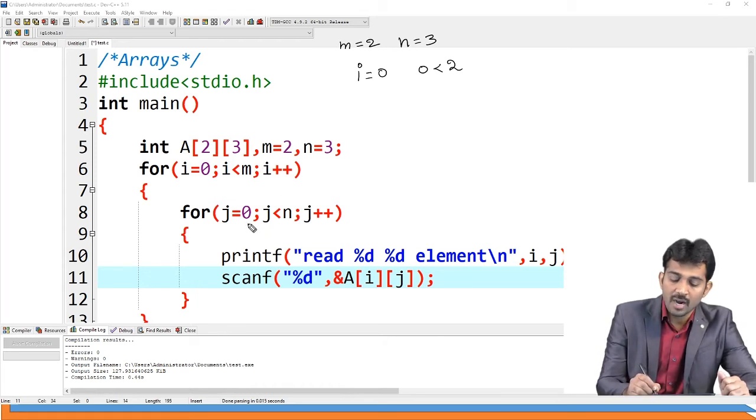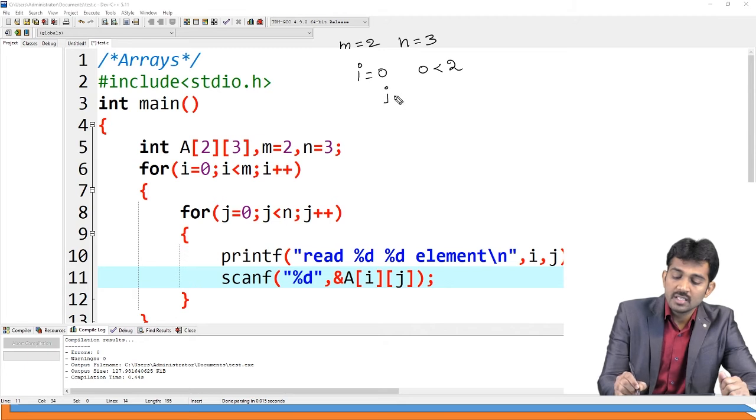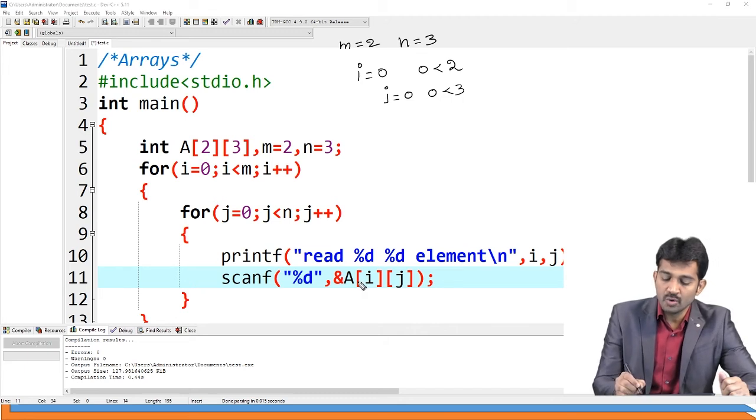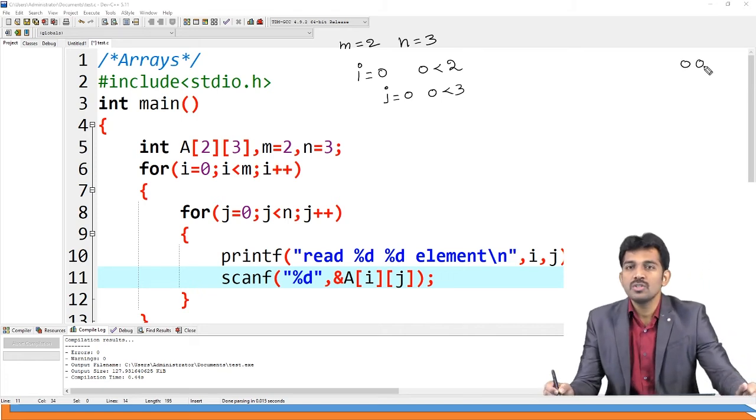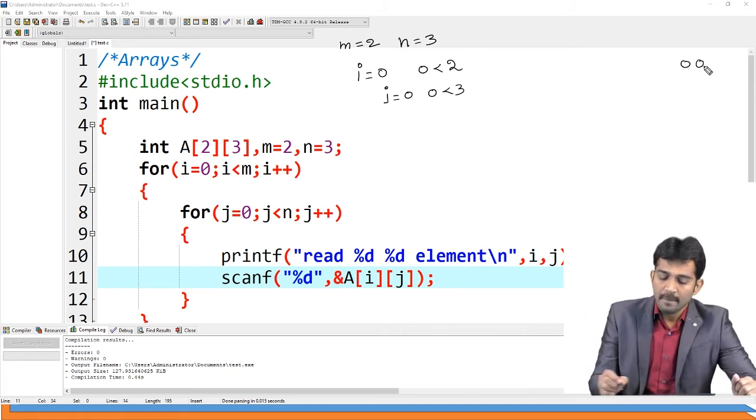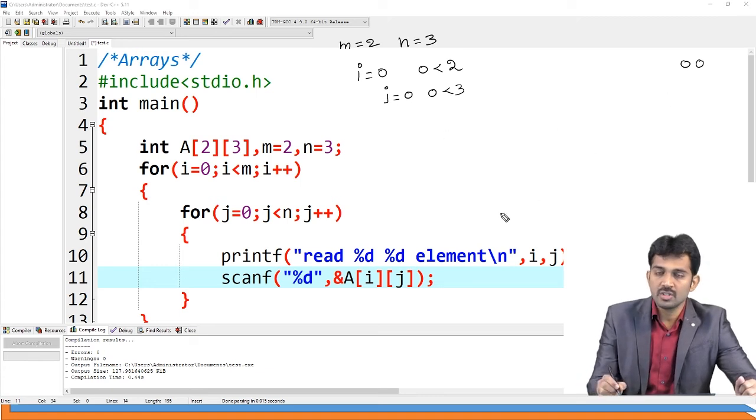Now we enter the inner loop. Here j value is 0, and 0 is less than 3, condition true, so we enter. Read %d comma %d, i comma j. What is the i comma j value? I am going to read the 0, 0 element. Both i and j values are zeros.